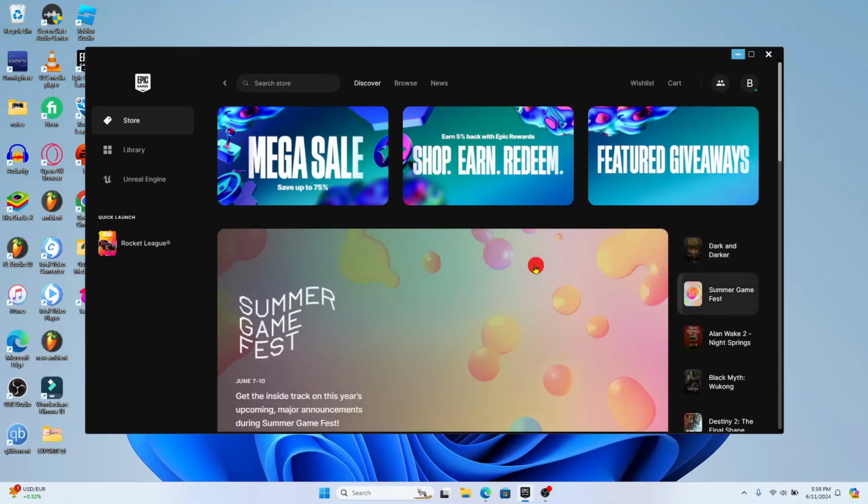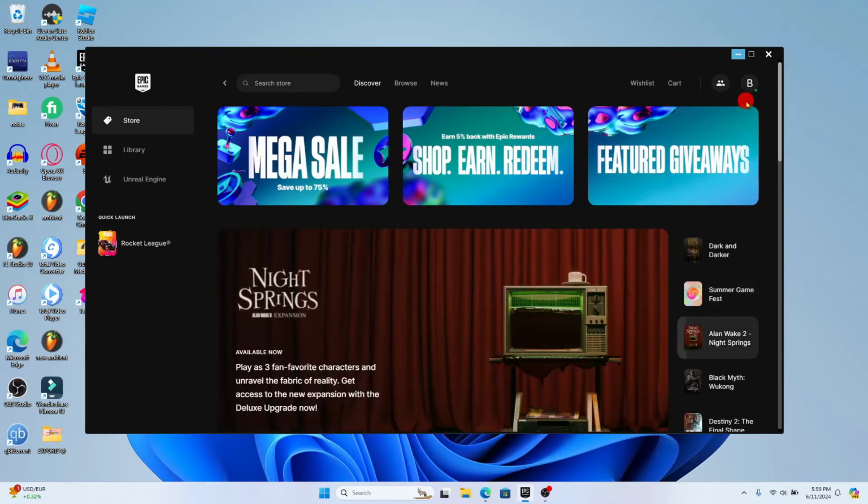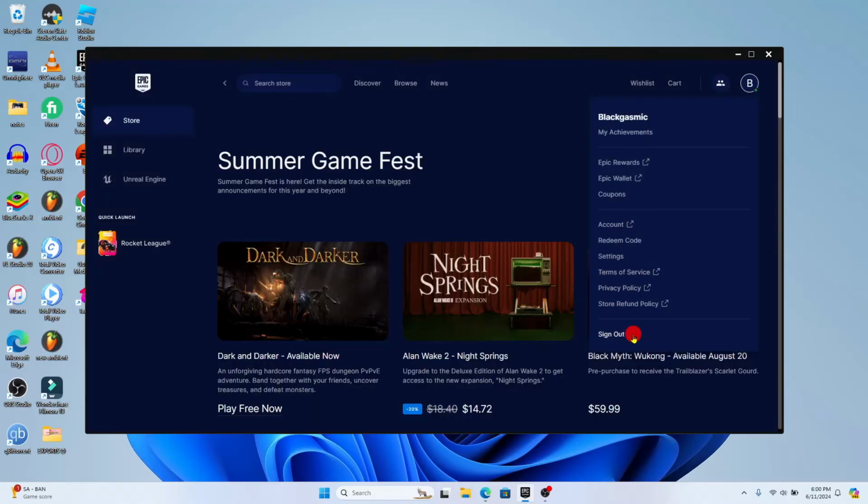log into your account. Once you are logged in and taken into the main store page, you will see your account icon at the top right corner, which will have a green icon at the bottom right if you are actively online. You can click on this button and then click on Sign Out in order to sign out from Epic Games. Once you proceed with signing out from your account, you will be taken into the home page for